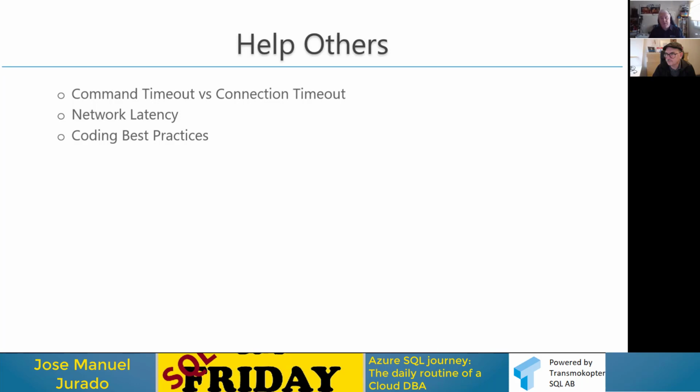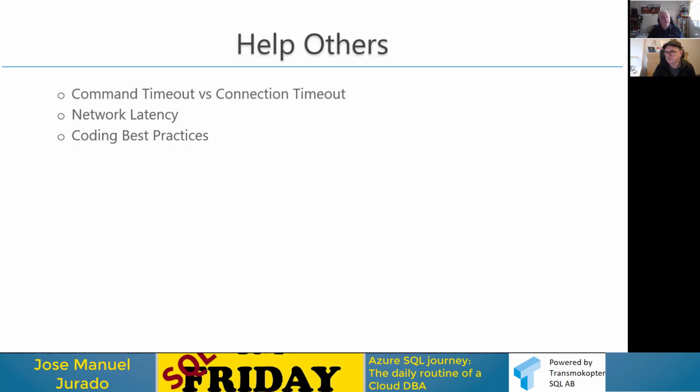Okay, and also about the network latency. It's very important because right now, one of the biggest concerns that we have is, oh, in Azure, we are going to have more network latency. Well, you're going to have a little bit, not seconds, but a few milliseconds, because at the end, the application server will be in one place and the databases in another place in the same region, in the same data center, but a little bit different. So at the end, you are going to have several milliseconds.